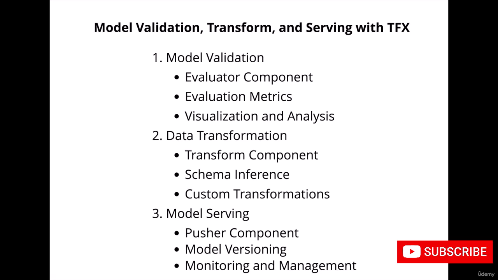Evaluation metrics. TFX supports various evaluation metrics for different types of ML tasks, including classification, regression, and ranking. Common evaluation metrics include accuracy, precision, recall, F1 score, mean squared error, and area under the curve. Visualization and analysis. TFX provides tools for visualizing and analyzing evaluation results, including TensorBoard, dashboards, and custom visualization tools. Developers can use these tools to gain insight into model performance, identify areas for improvement, and make informed decisions about